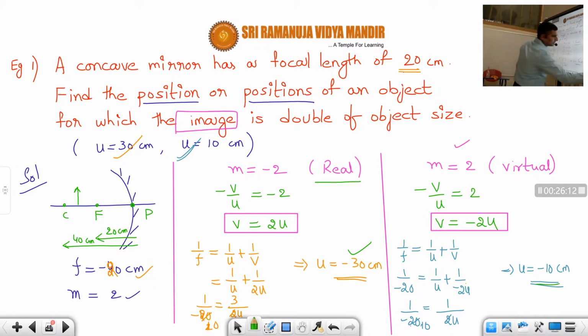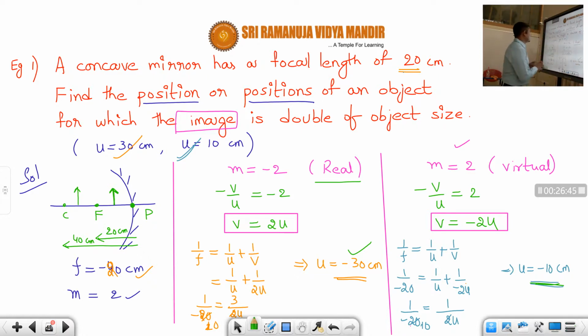And the second case is when the distance of the object is 10 centimeters, which means less than the focus. So you are placing the object here between focus and the pole. Here 10 centimeters is less than 20 centimeters. When an object is placed between focus and the pole, naturally you will get a virtual image, which is also a magnified image, but the nature is virtual, students. So these two natures are completely opposite.